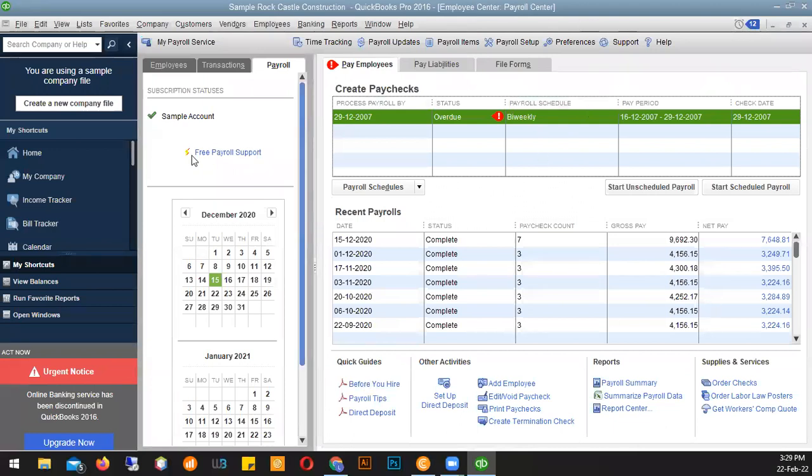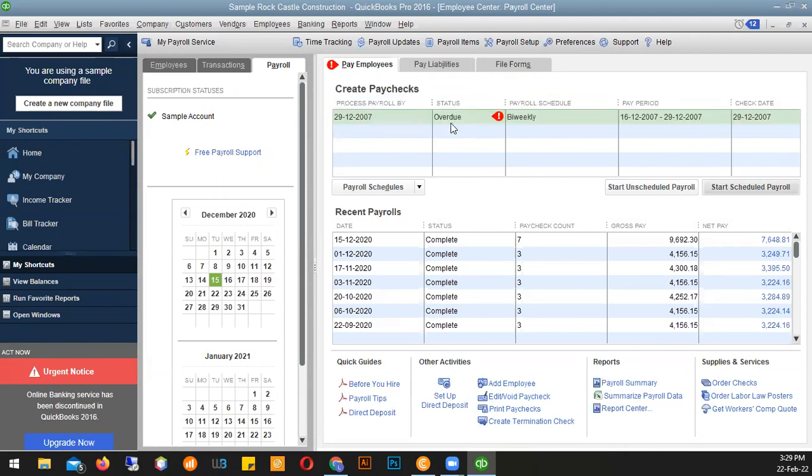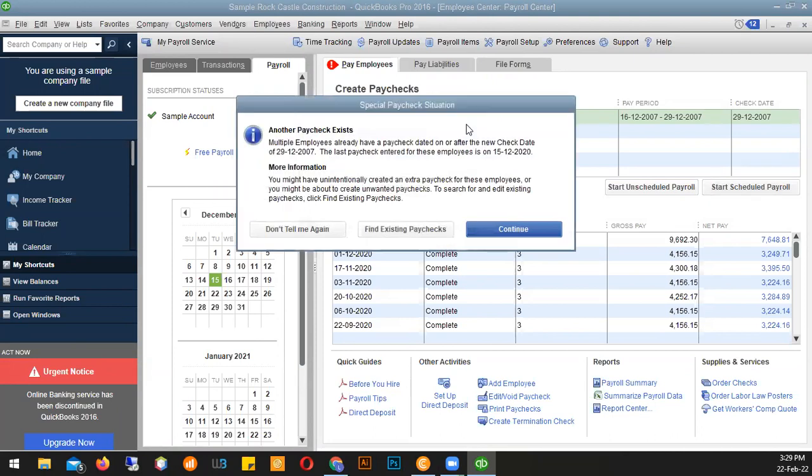Okay. We can see here once I go, I have a notice for an overdue bi-weekly payment, right? Another paycheck. Multiple employees already have a paycheck dated on or after the new check date for the last paycheck for the employees. Again, issues because we're dealing with sample data and sample dates. But anyway,